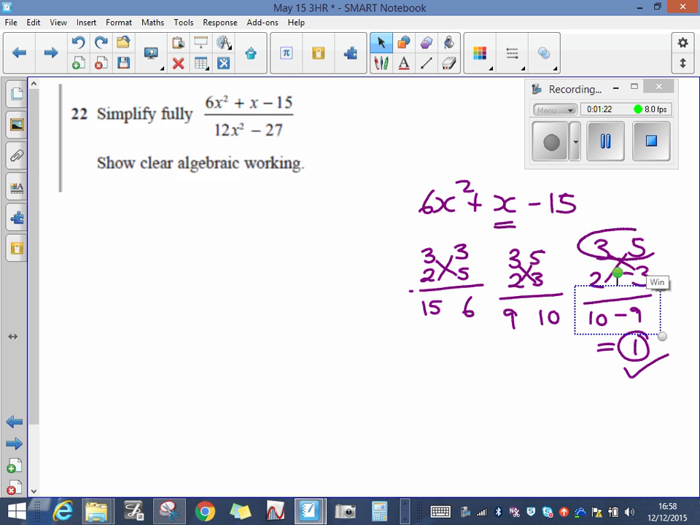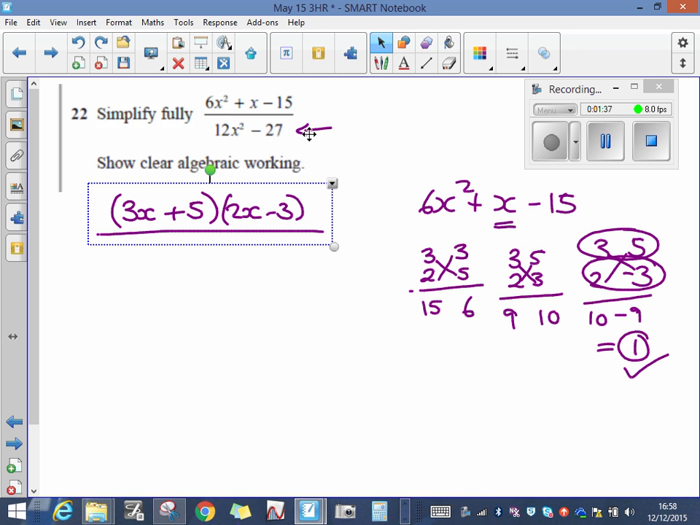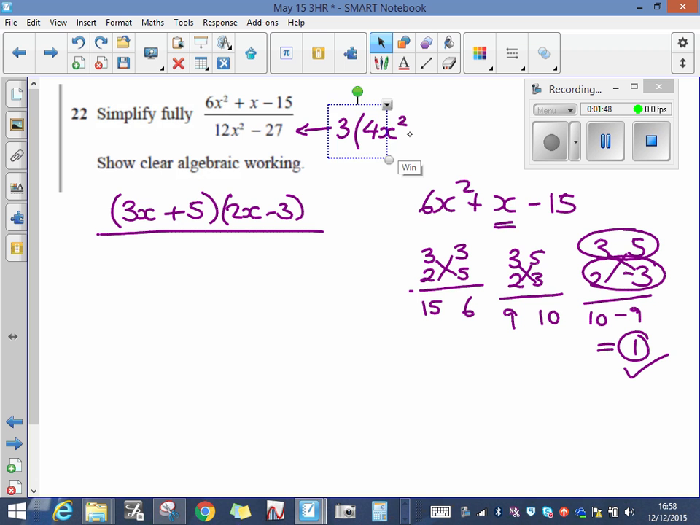Now these numbers then give me my two brackets. So I know now that the top of my fraction is the same as 3x plus 5 multiplied by 2x minus 3. I've now got to factorise the bottom here. Well, I can see that there's a common factor. 12 and 27 are both multiples of 3. So if I take out that common factor, it becomes 3 times 4x squared minus